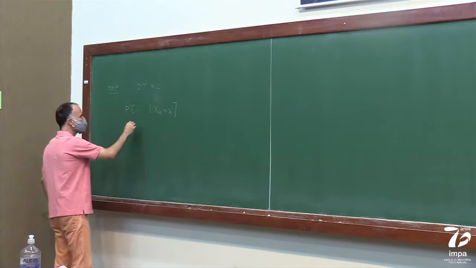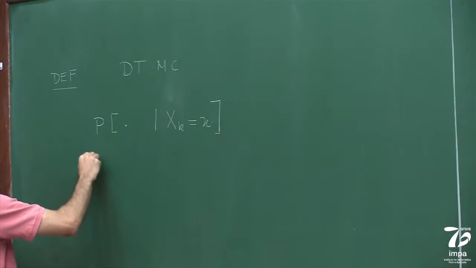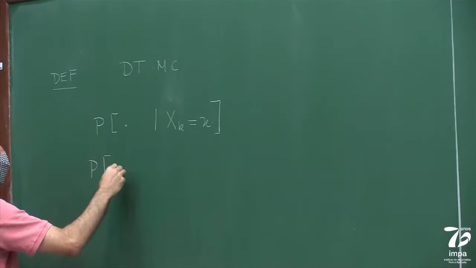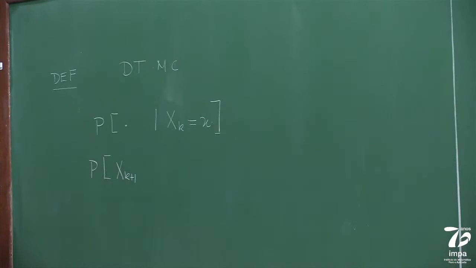So if you look at your chain starting from this time, so you say that you compute the probability, let's say that at x plus 1,